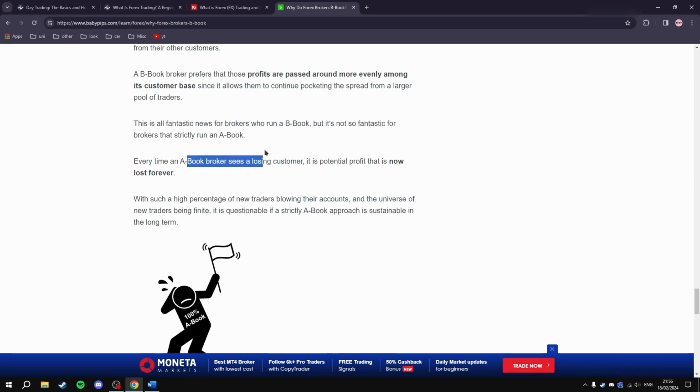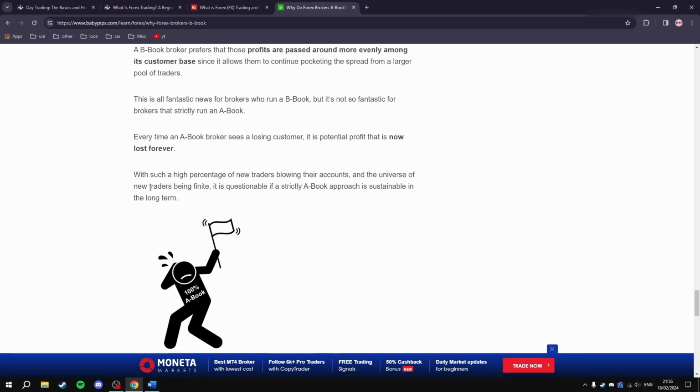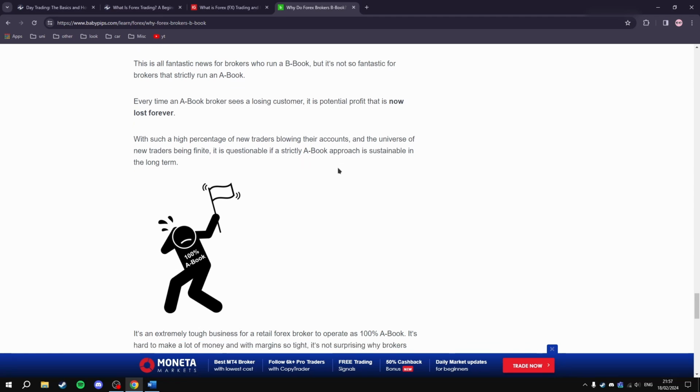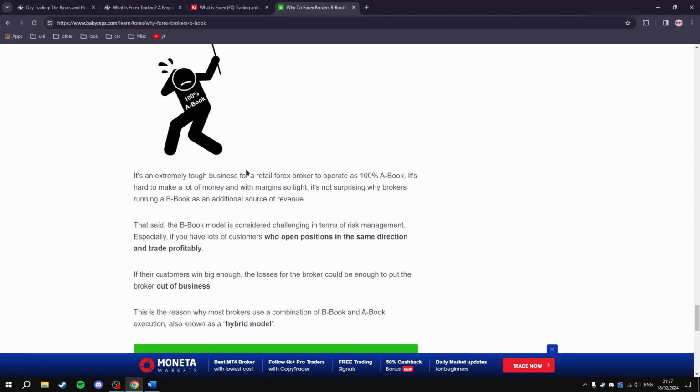Every time an A book broker sees a losing customer, it's potential profit that is now lost forever. With such a high percentage of new traders blowing their accounts and a universe of new traders being finite, it is questionable if a strictly A book approach is sustainable in the long term. It's an extremely tough business for a retail forex broker to operate as 100% A book. It's hard to make a lot of money, and with margins so tight, it's not surprising why brokers running a